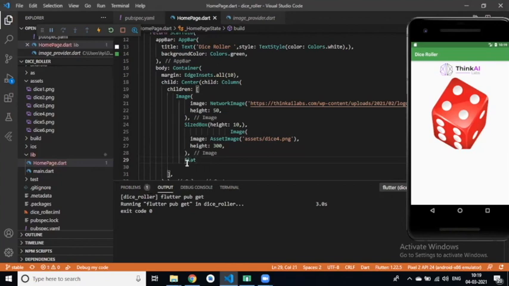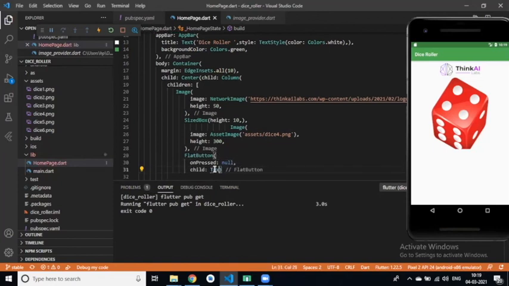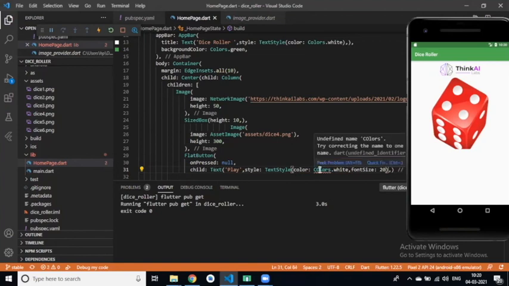Like flat button, right? In flat button, we have a property onPressed and child is our Text, play, style is TextStyle, color Colors.white, fontSize 20.